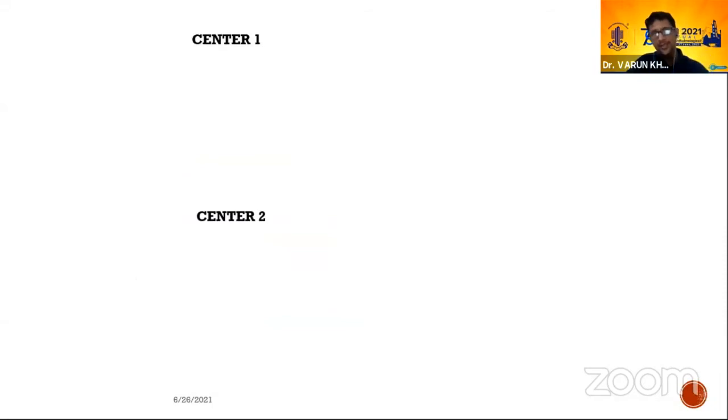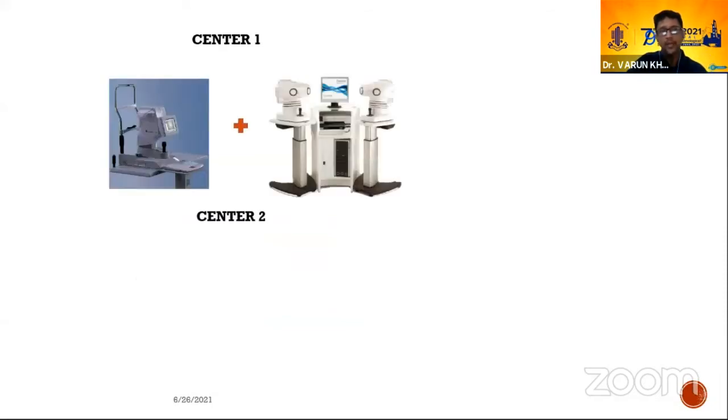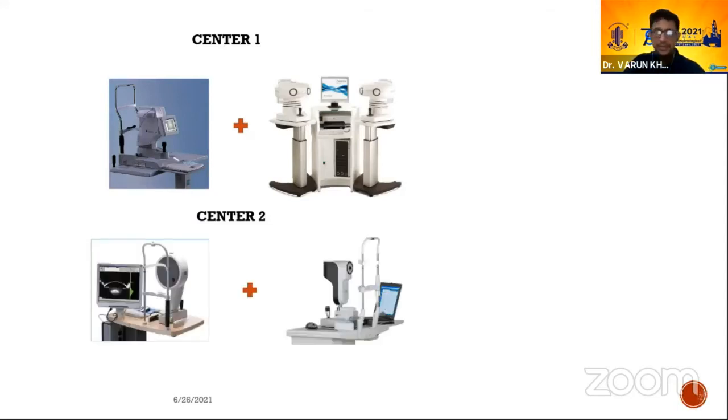So in one of the centers that he showed me, we had two machines, the IOL Master and the OBSCAN. And the other center where he presented himself had two different machines, the Pentacam and the LensStar. Why I took this case up is because I wanted to show you that regardless of what machines you have, you can still play around with the values if you have the basic knowledge of what a particular value of a particular machine is measuring.